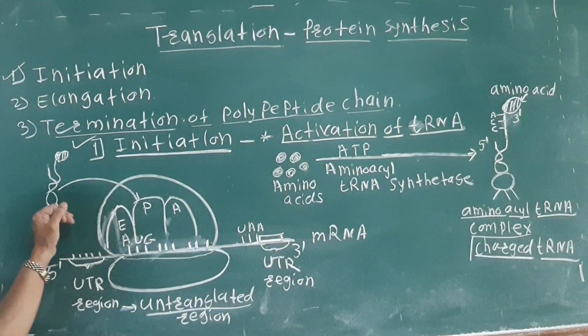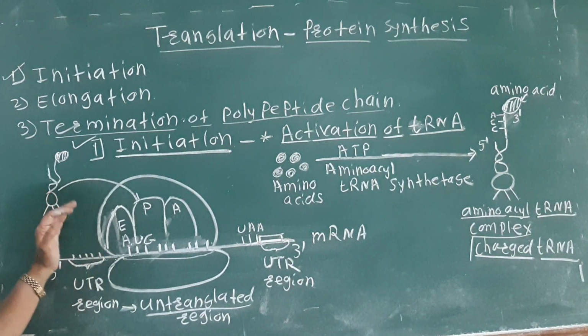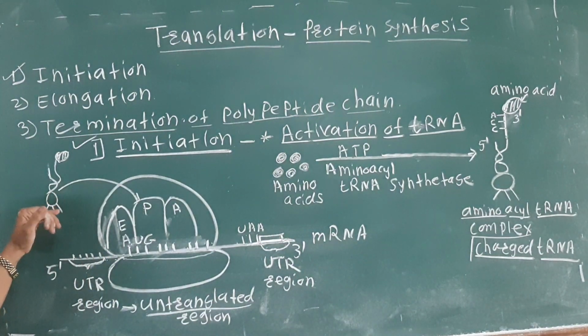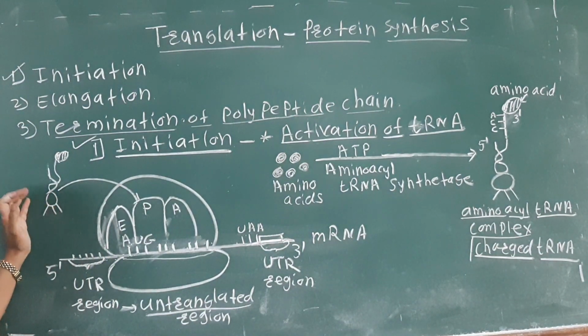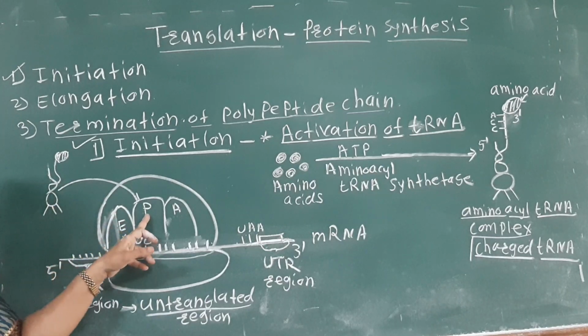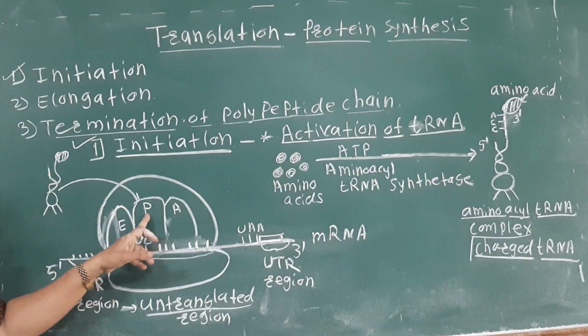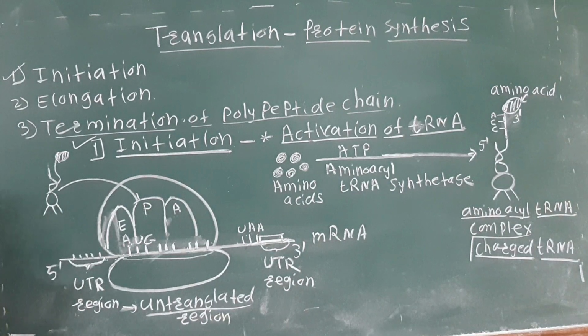Only the first tRNA, that is the charged tRNA complex, enters the P site. So see, here in the eukaryotic cell, the charged tRNA mainly carries the amino acid